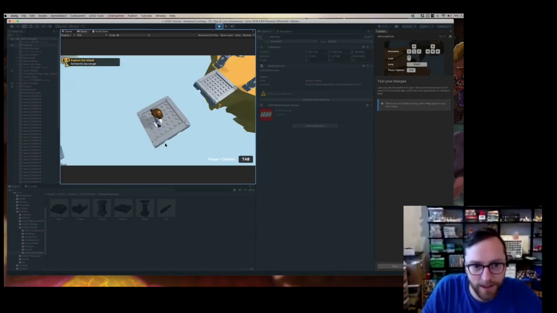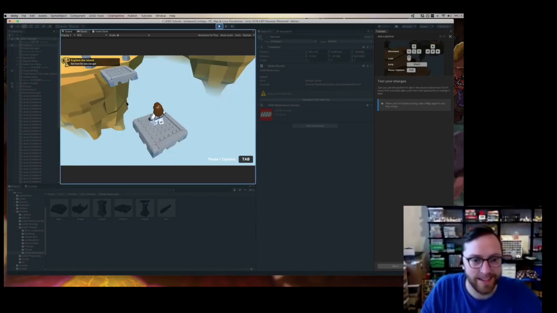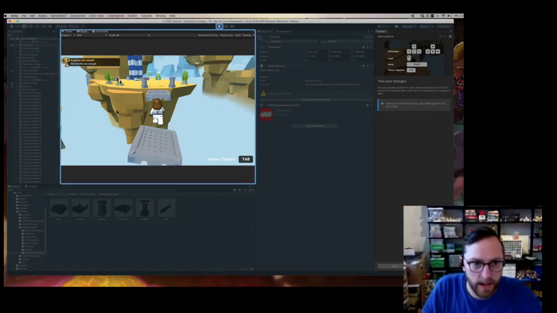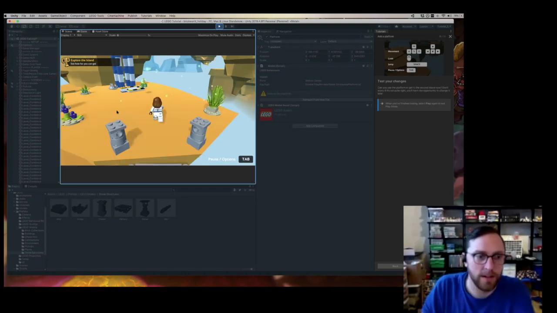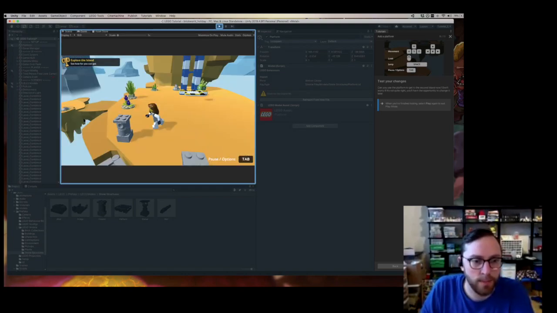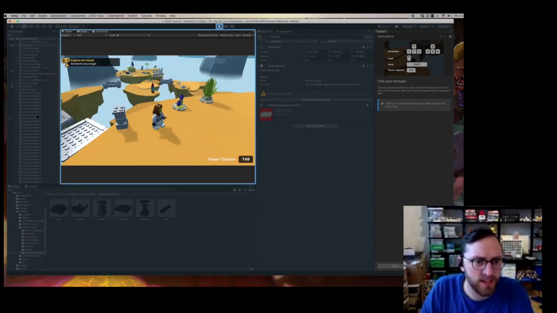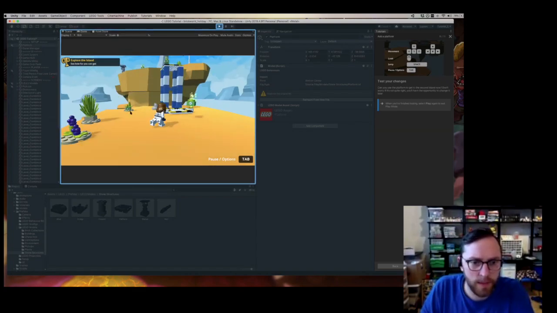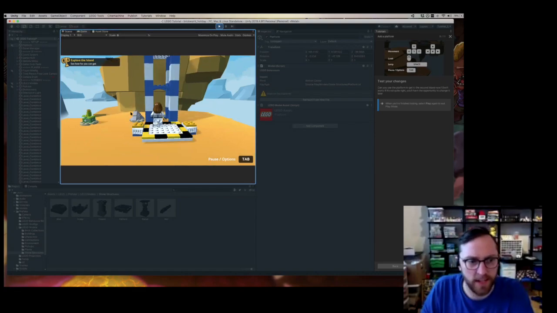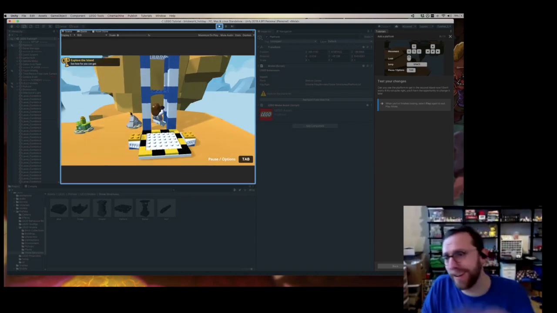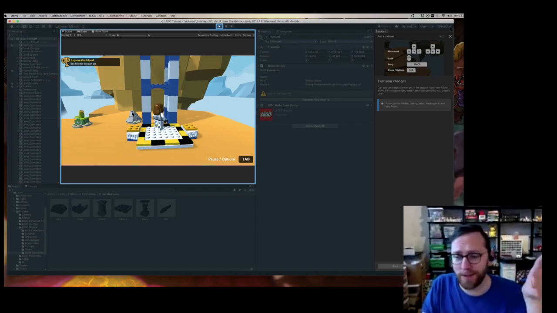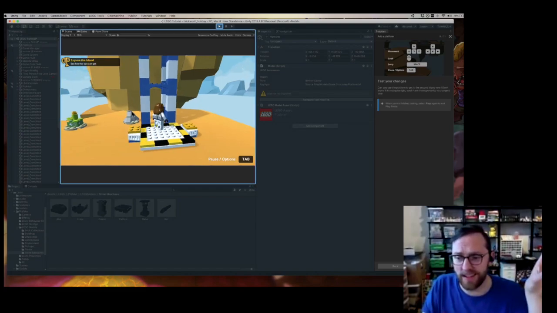Woo! Didn't fall into the bottomless void. Success. And now I can even jump all the way over here, this place I wasn't able to get before. There's some berries. We can see down there where I started. And then there's this broken elevator here. But I've already played this, so I know that one of the next things is being able to make this